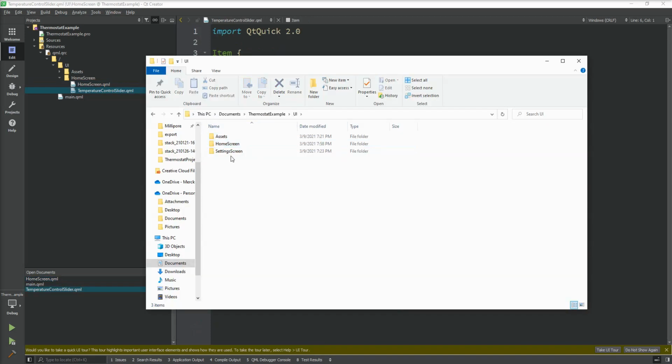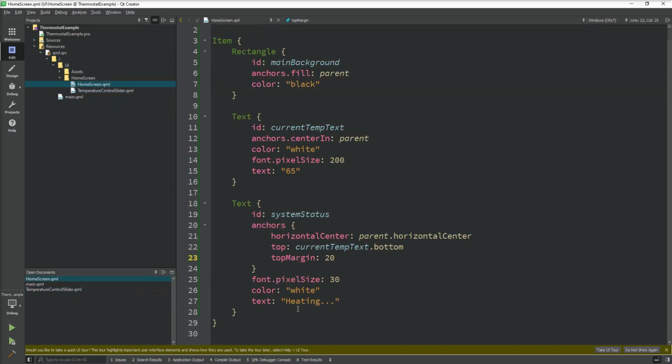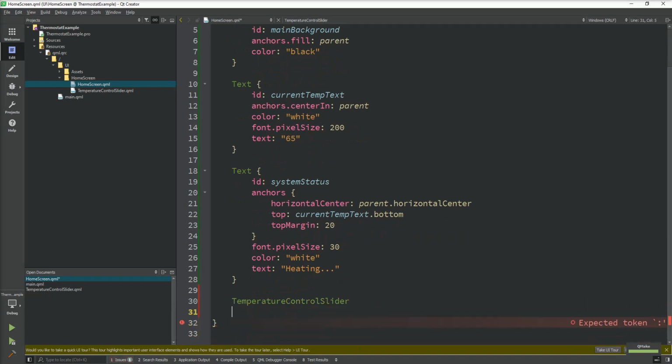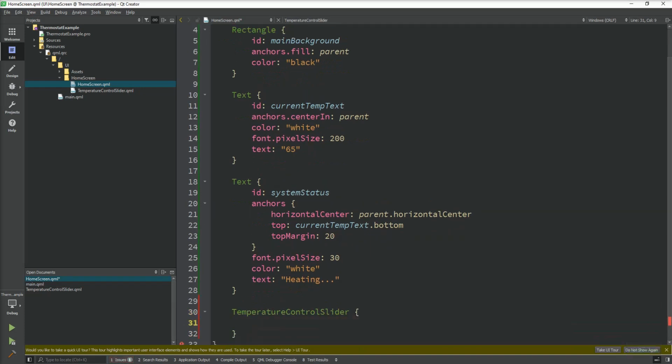All right, so I mentioned this in a previous video, but if you have Qml components within the same directory, you can just use them in any of the files just by using the name of the file. So like here, temperature control slider. If I go to the home screen, actually first I'll run qmake, and then I'll write down temperature control slider, and there you go. Oops. There you go, and then we'll go ID